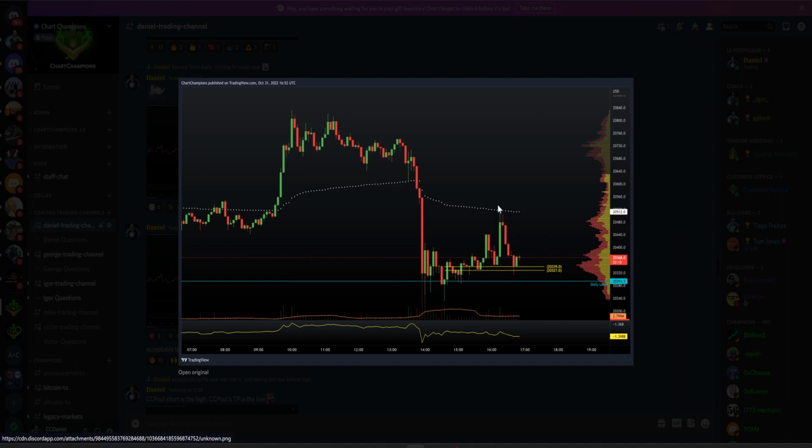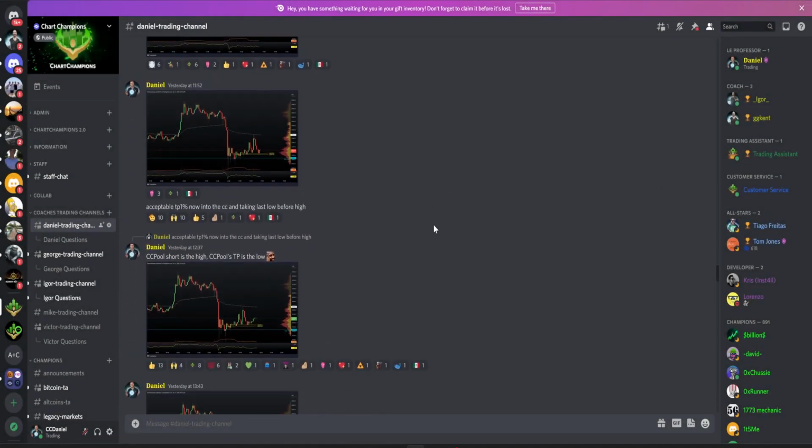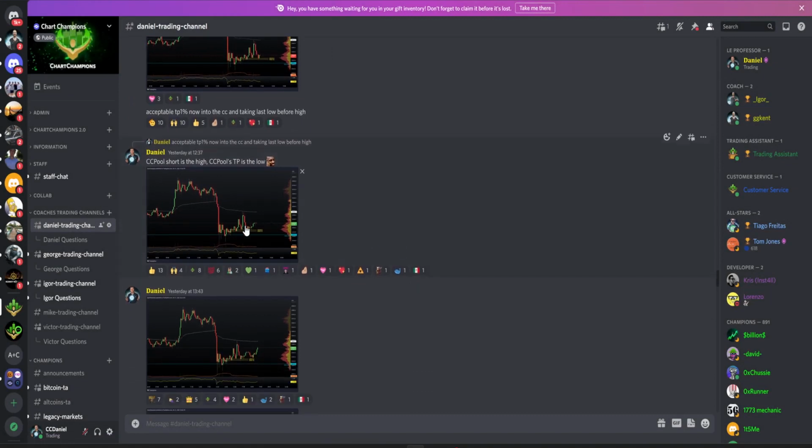So then you're in short from the high and long from the low. This is obviously a decent take profit for the short position in terms of take profit one, and you can reverse that into a decent long position with validation below the low. Why? Because you're having three different levels of confluence here for that long trade. Okay, and then in the end, this kind of just goes from